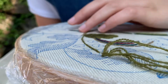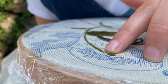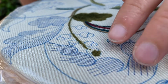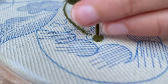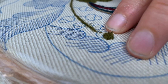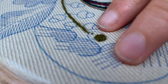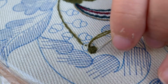So I've just moved the frame, that's the word we're looking for, just because I'm struggling to see, and I think it's best to do it where you have the acorn kind of to the top. I don't know if that's right, but I can see a lot easier. We're going to just come back to the centre and go the other side. Go over that very large seeding stitch which I managed to do, and then we go back to the centre one, and the aim is to try